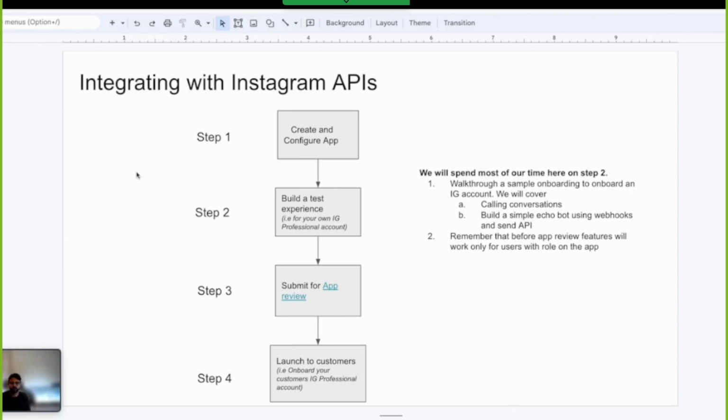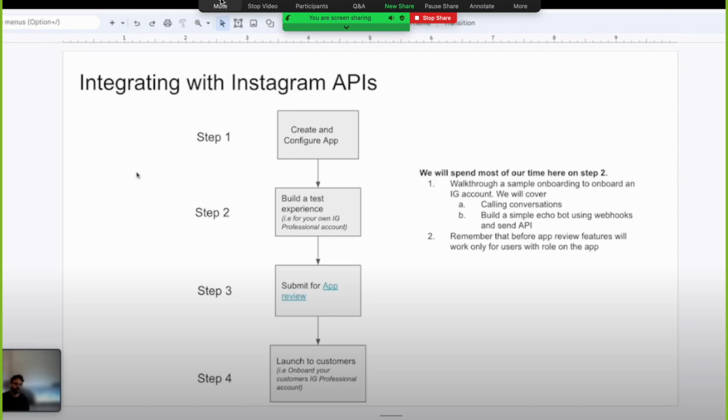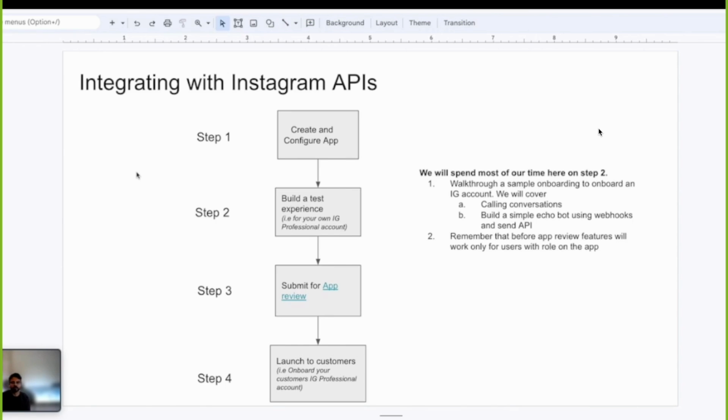Cool. So we'll be doing a walkthrough of a sample onboarding to onboard one of your sample IG accounts. We'll cover calling the conversations API on behalf of that IG account and fetching threadless message history. And after that, we'll work on configuring webhooks and the send API, and then thereby build a simple echo bot using this integration.